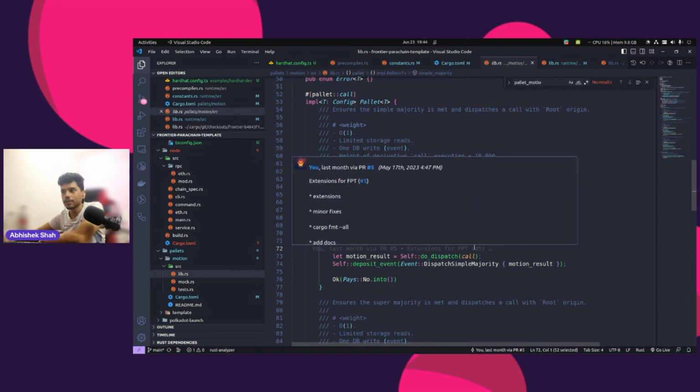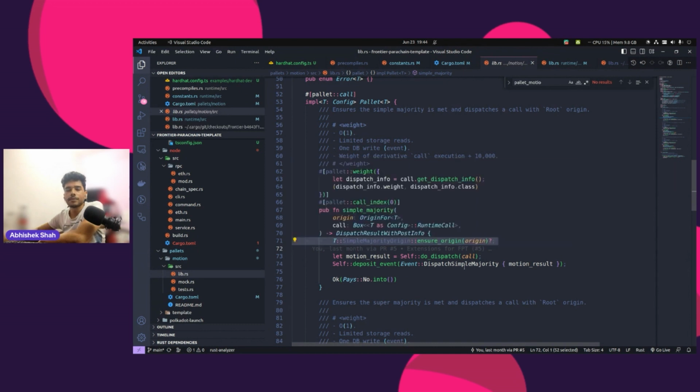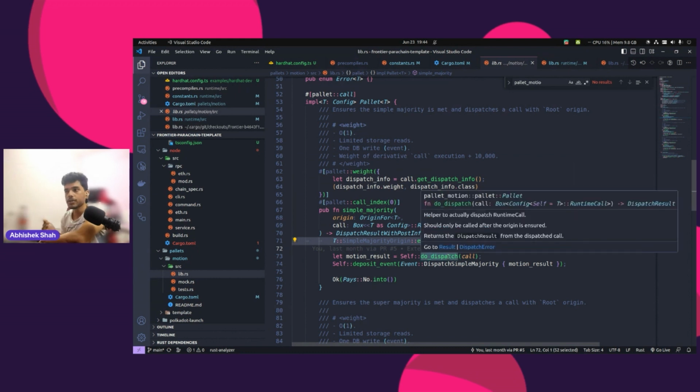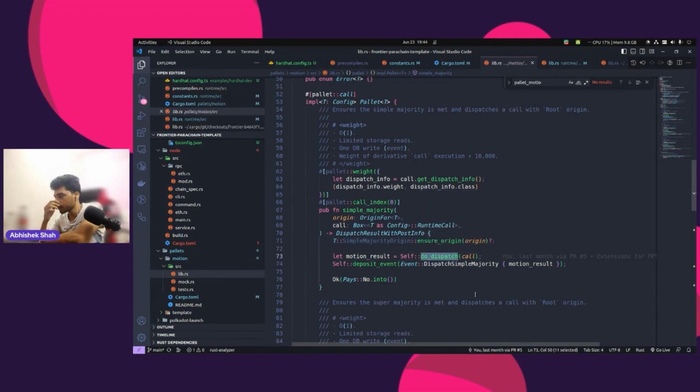They check if the correct origin was selected, whether it was a simple majority or a super majority, which is more than 66%. A simple majority is more than 50%, and unanimous means it's 100%. So 100% of the council agrees, and we basically dispatch the call, and via this do dispatch method right here,